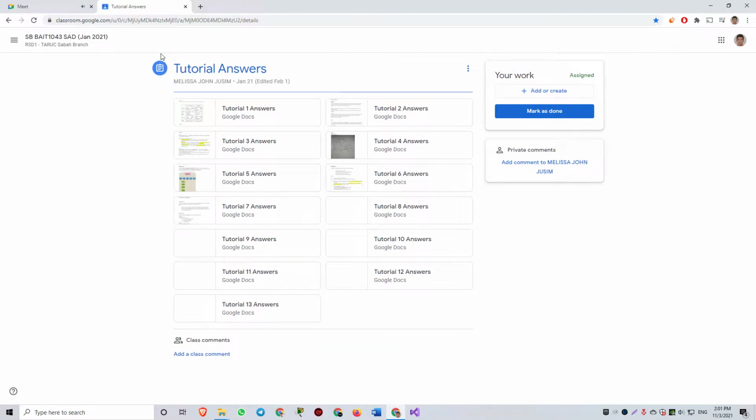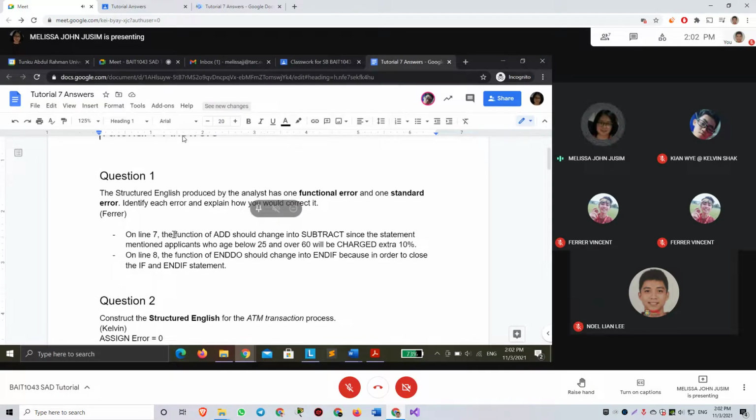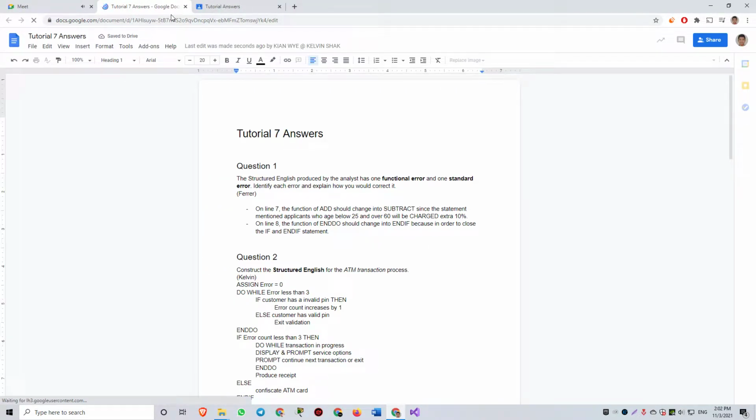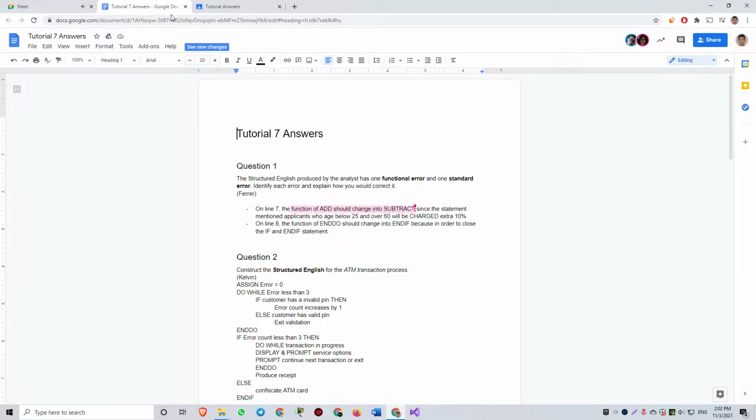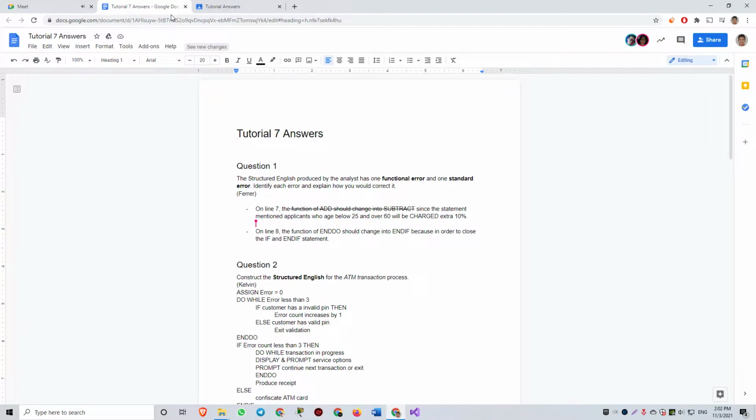Okay, based on the structured English. Okay, the first error. The function add should change to subtract. And this one is, oh no, there's nothing wrong with the function add. Okay, so this one is, let me strike that through. Not this one, but if you look at the question,